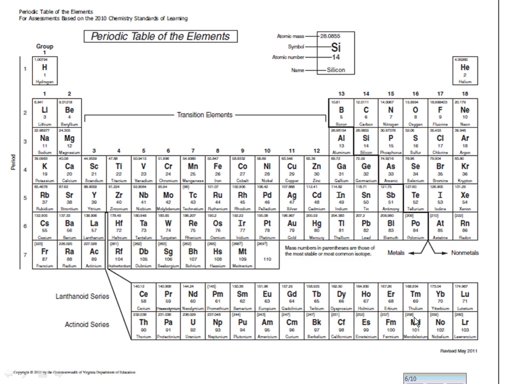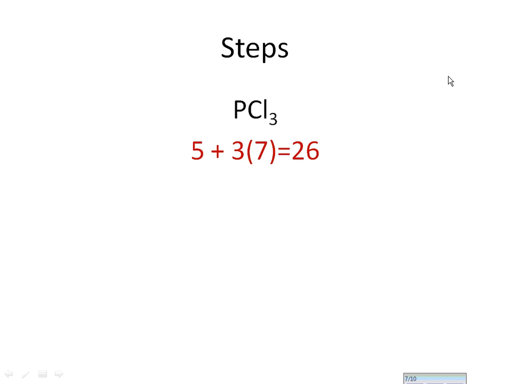So we're going to go to our periodic table. We'll find phosphorus right here. It has 5 valence electrons. Chlorine is right here. It has 7 valence electrons. So if we go look at our formula, phosphorus has 5, chlorine has 7, but since there are 3 chlorine atoms, we are going to multiply that by 3, to give us 26 electrons that we are going to place around